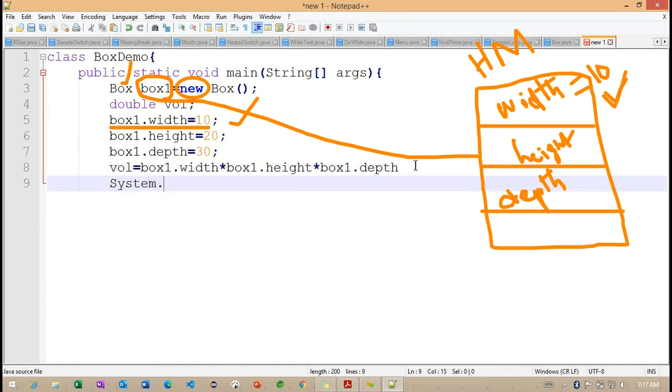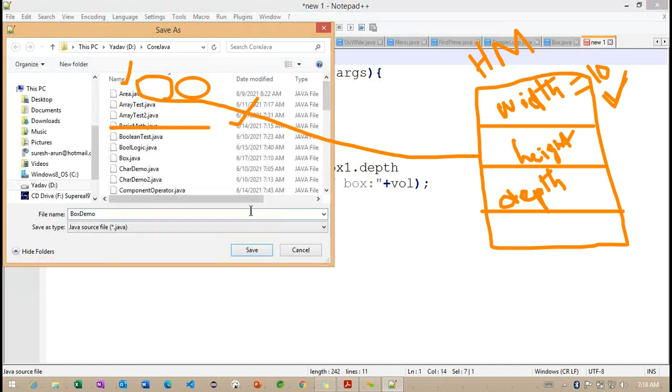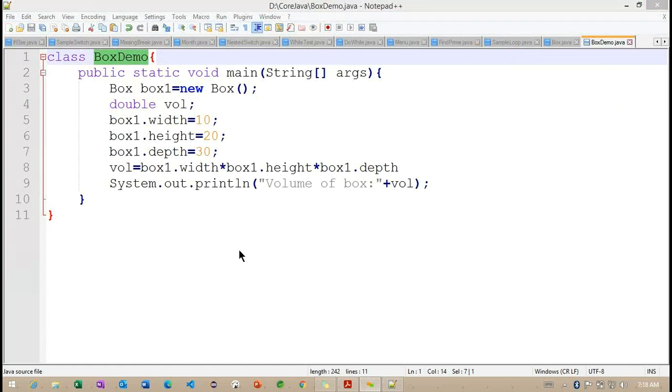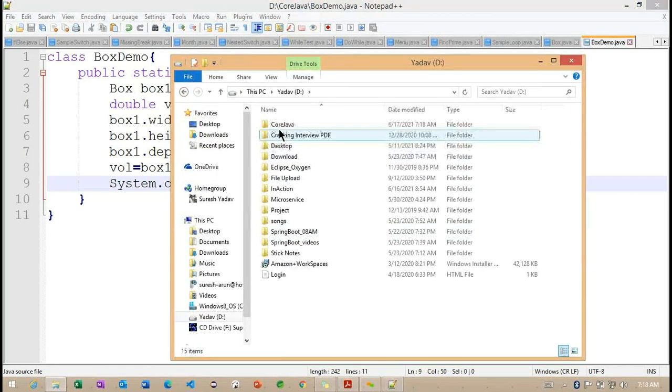Finally, I'm trying to print the volume of this box. Getting the point? With the reference, we print the volume here. Now I'm going to save this BoxDemo and close this heap section. With the help of this BoxDemo, we'll try to connect with our